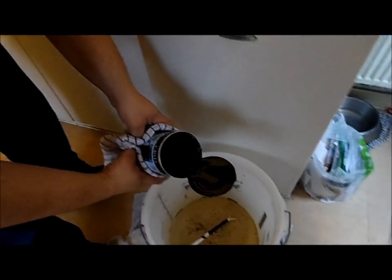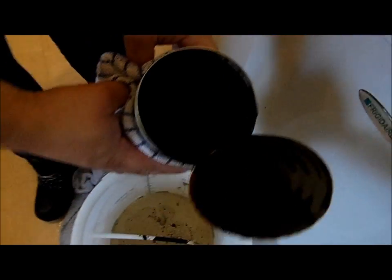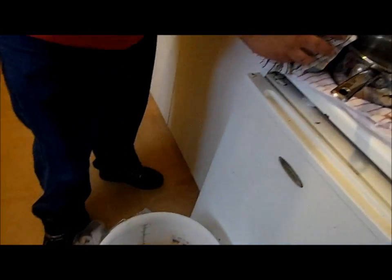And then if you can look inside that tin, you'll see that there's actually quite a lot of wort still left in there. So what we're going to do is we're just going